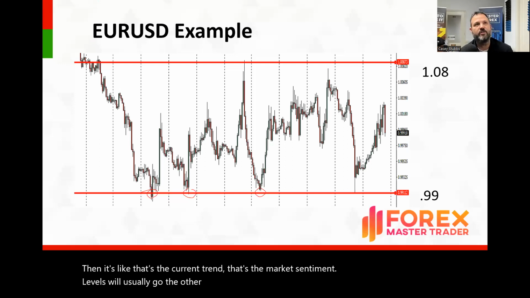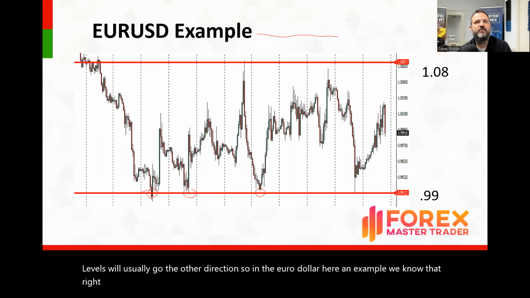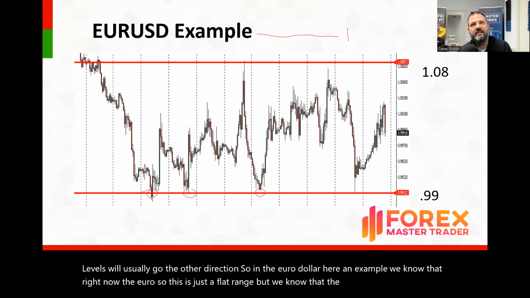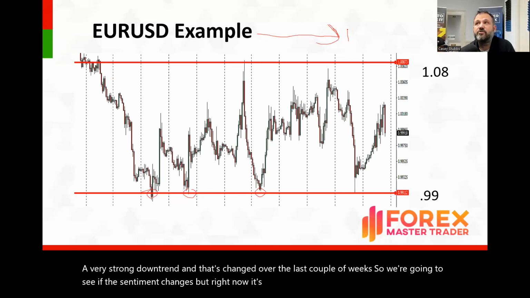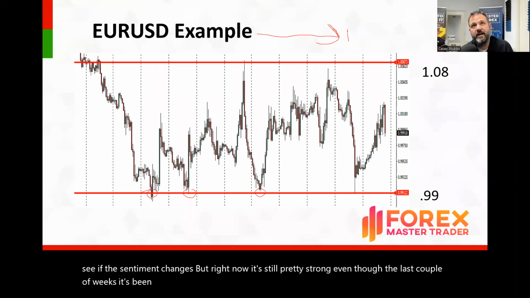So in the euro dollar here, as an example, this is just a flat range, but we know that the euro is currently in a very strong downtrend. And that's changed in the last couple of weeks. So we're going to see if the sentiment changes. But right now it's still pretty strong, even though the last couple of weeks it's been moving up, but it's definitely a risk off environment